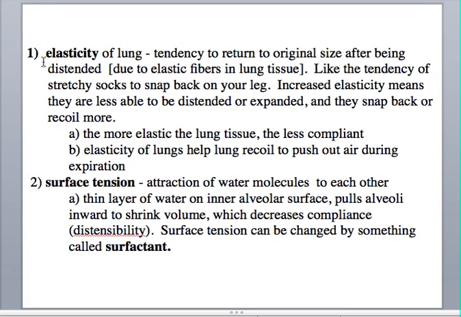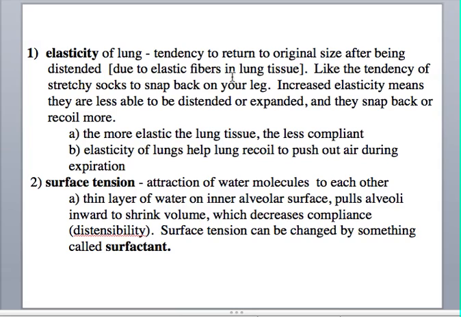One factor is the elasticity of the lung. Elasticity is the tendency of the lung to return to its original size after being distended, meaning due to the elastic fibers in the lung tissue. So let's say the lung has been expanded. If you have normal, healthy elastic fibers in your lung tissue, it will just cause your lung to snap back to its normal position or shape, just like the way stretchy socks that have elastic in them will snap back